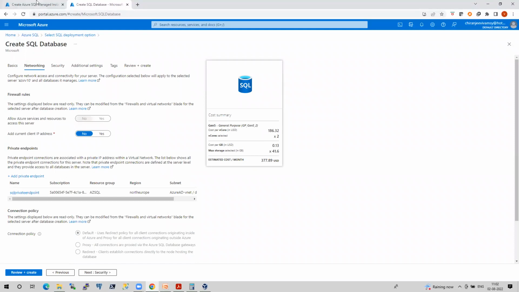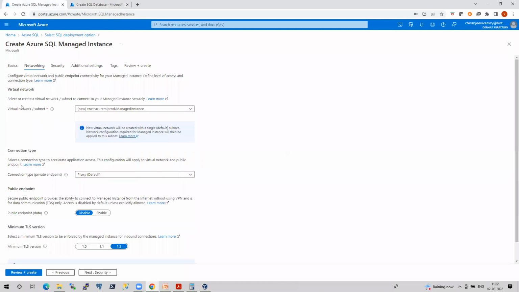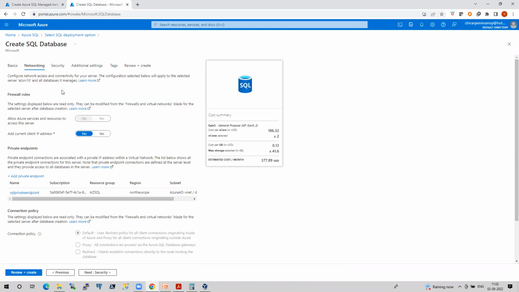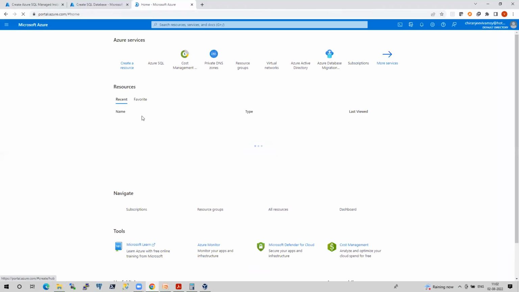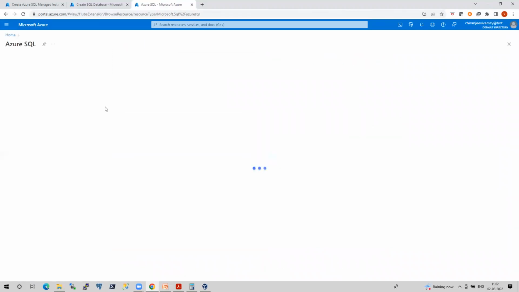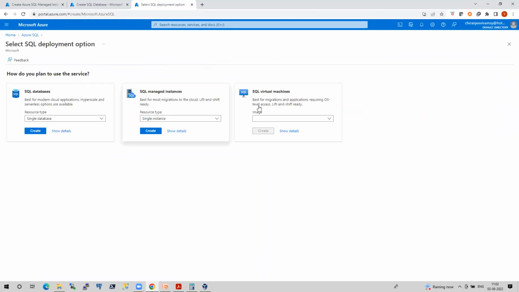Are you seeing a virtual network or subnet for Azure SQL? Guys, can you please unmute and talk to me? Yes, yes. So if you see here, Azure MI is asking for virtual network, but Azure SQL does not have any option like virtual network. Notice that point. Let me open another thing also. You have to understand so many things. Let's wait 1 second. I will open one more session. I will show you virtual machines. There you will get virtual network again.